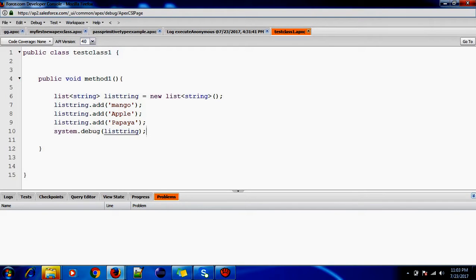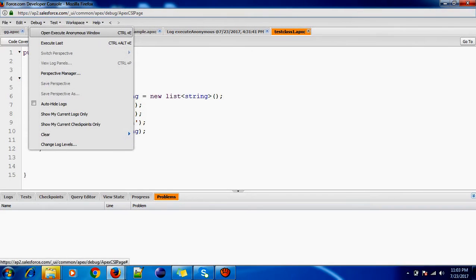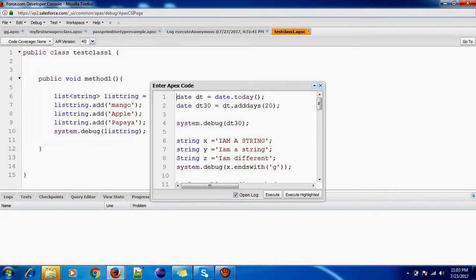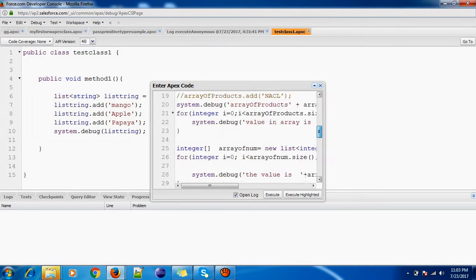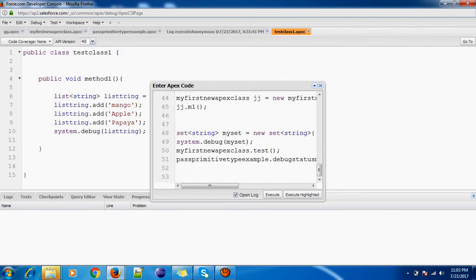No errors. Okay, so now to execute this, what we have to do is debug, open execute anonymous window, and here we can call this method. How to call? How to create an instance. The test class 1 is the class name, tt is equal to new test class 1.